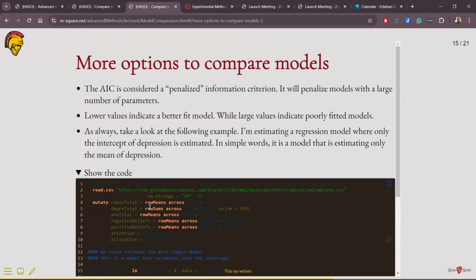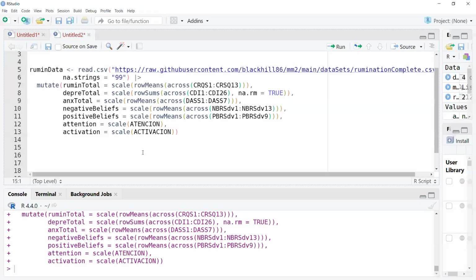So I wanted to share with you here the standardized solution. What I did was to use the function scale. This will transform all my total scores, my raw scores, into Z scores, so it's going to be easy to interpret the output. So let me just